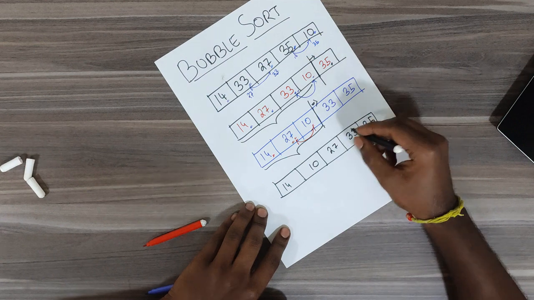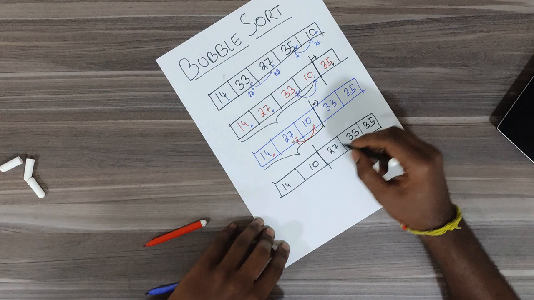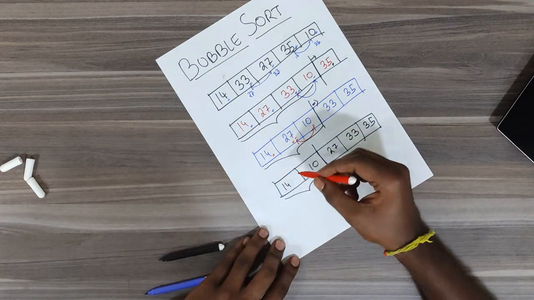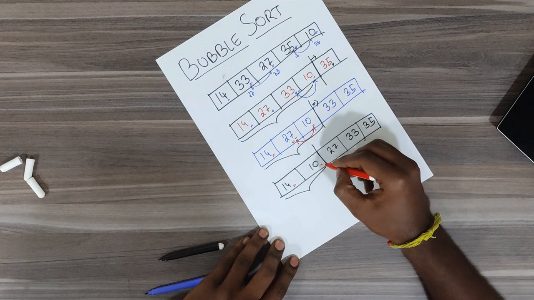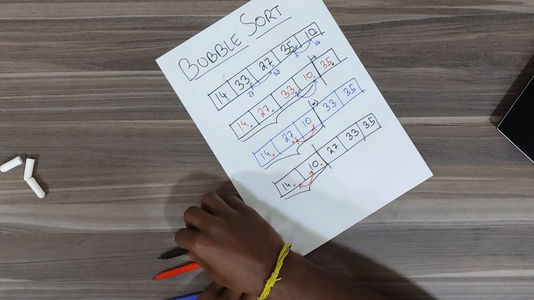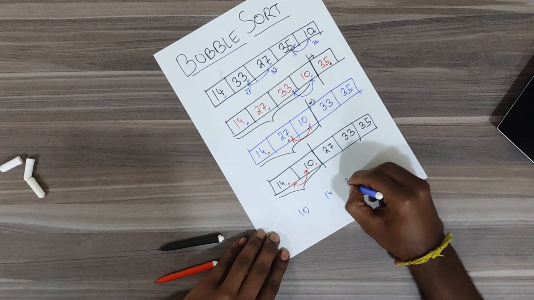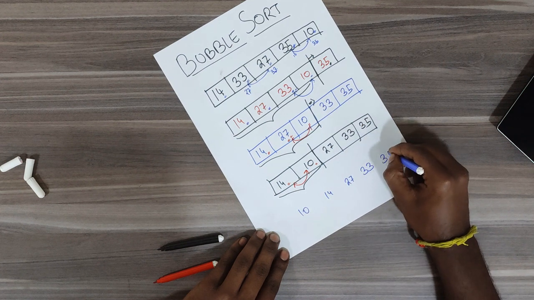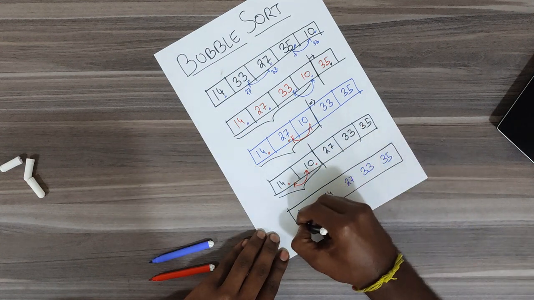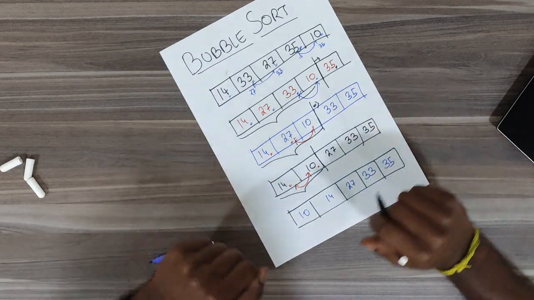As you can see, now 27, which is the largest element here, has also got its position. Now our array comes down to these two elements. Now we'll compare 14 and 10. 10, which is the smaller element, is towards the right, so therefore swap occurs. So our resultant array after all the swaps would be 10, 14, 27, 33 and 35. This here is the resultant array after the bubble sort. As you can see, our array has now been sorted.